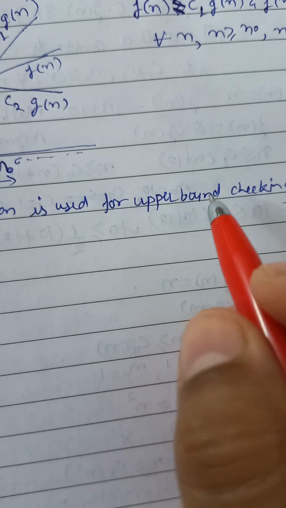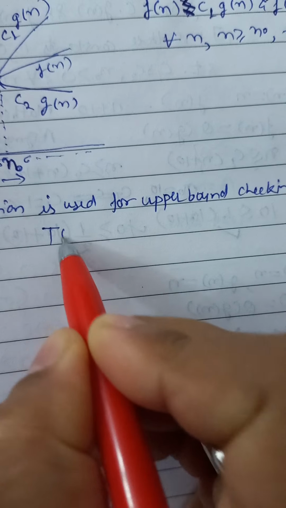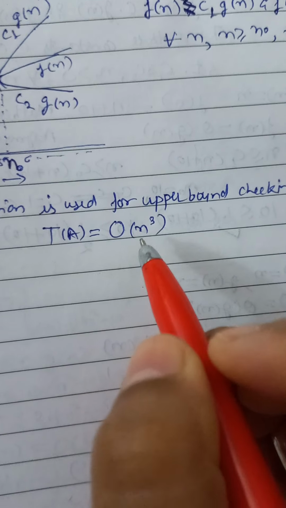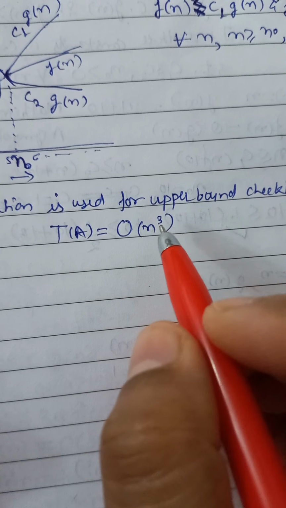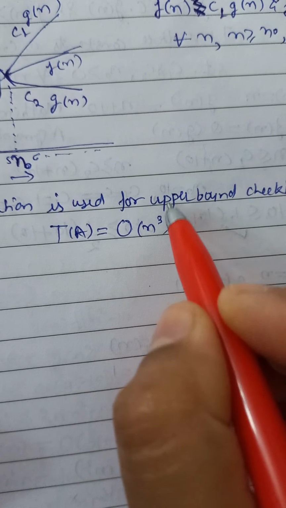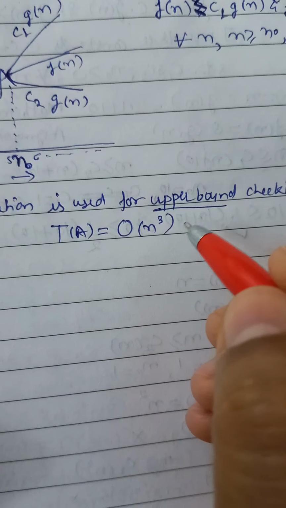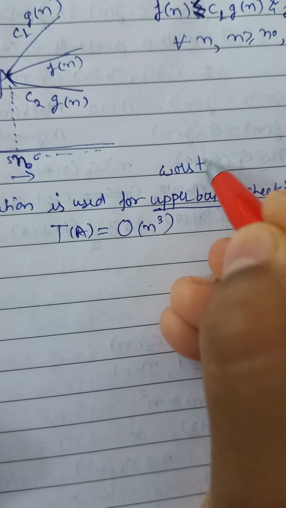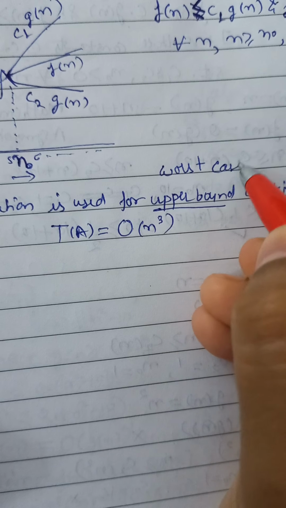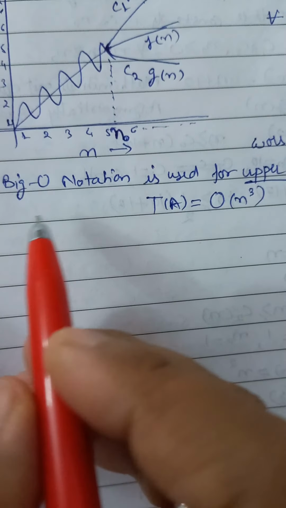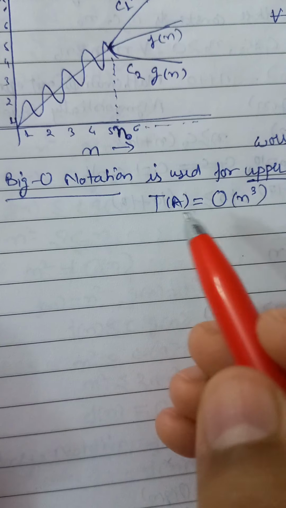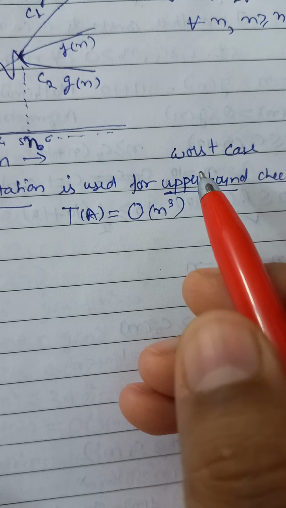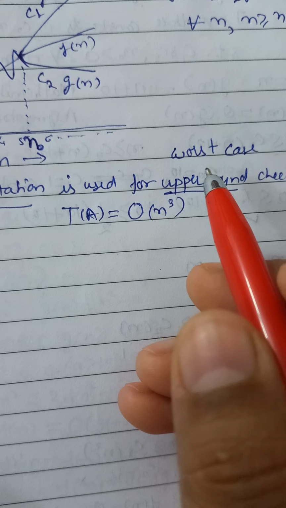So we can say, as we know, suppose we have time complexity of big O n cube, and we check the time complexity for, as we have discussed, we are checking for upper bound. So we can say we check the time complexity for worst case. Big O notation is used for upper bound checking, and which is used for worst case complexity,